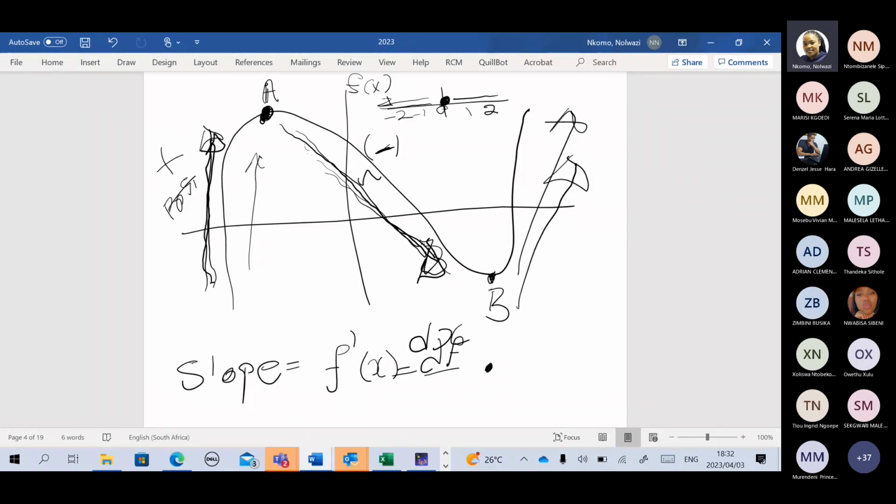And I said the slope here moves from positive to negative. So if this line represents the slope, it's moving from positive to negative, and it reaches 0 before it gets here. And at this point, where the slope moved from positive to negative, it means the slope here